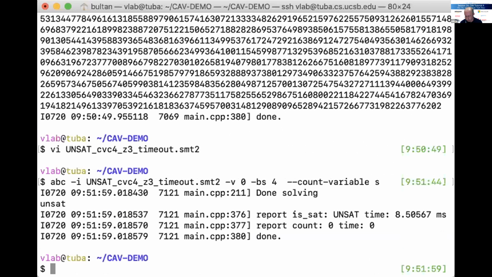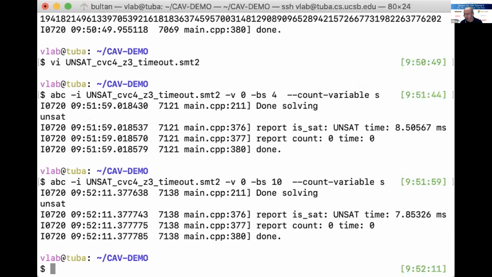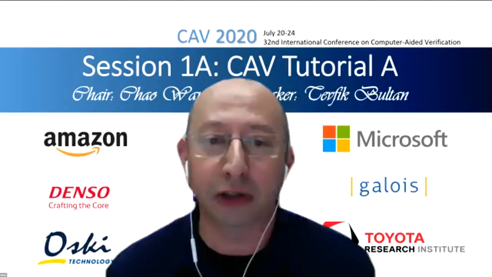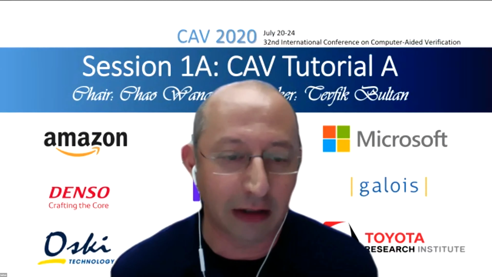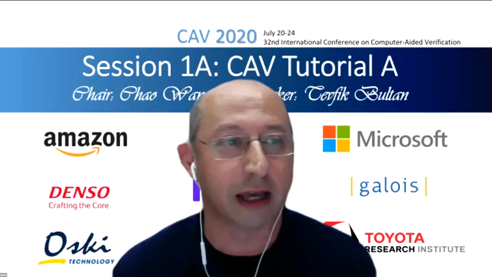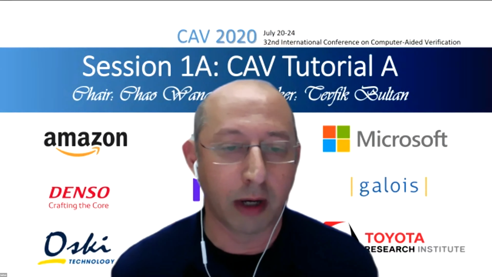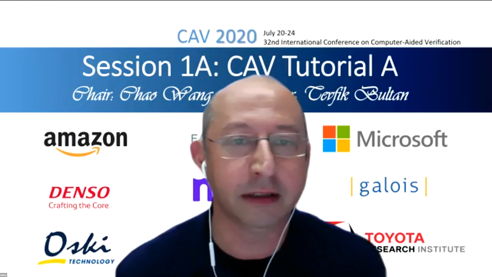I did that for string size 4. I can do it for 10. Is there a solution for 10? No, apparently there's no solution. So this just shows you, and again, this constraint times out on Z3 and CVC, that automata has some advantages that other constraint solvers cannot handle. And it can also do model counting pretty efficiently.